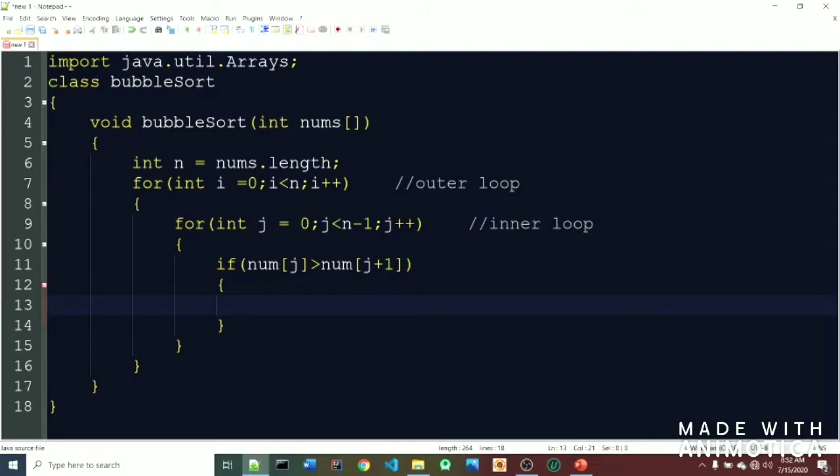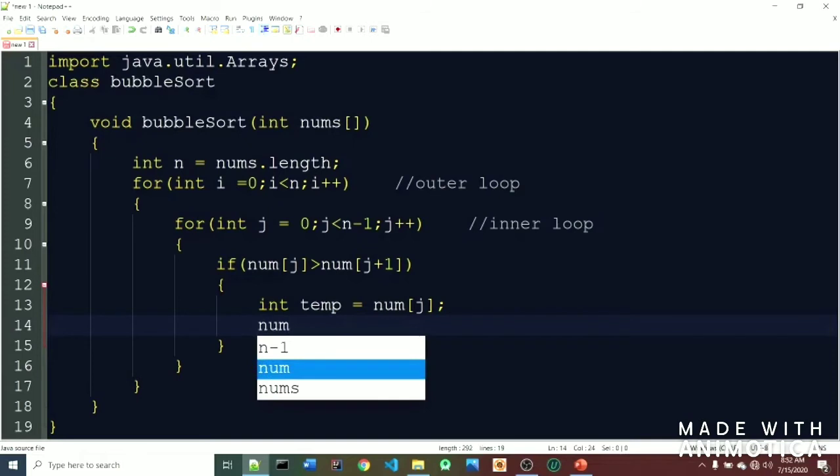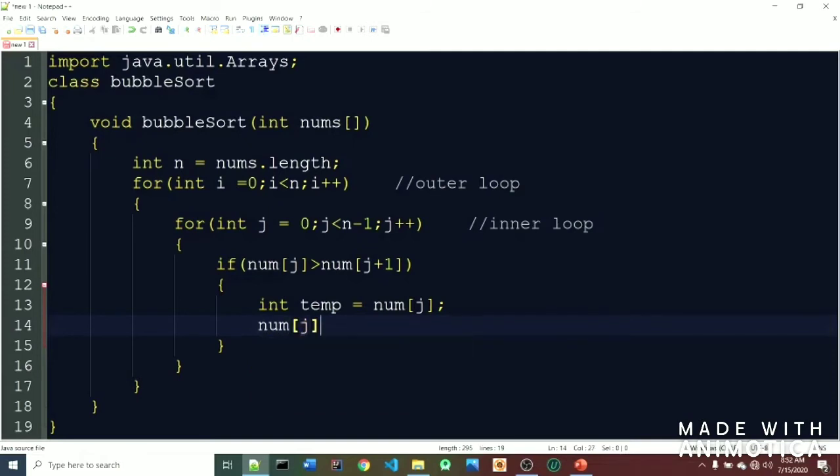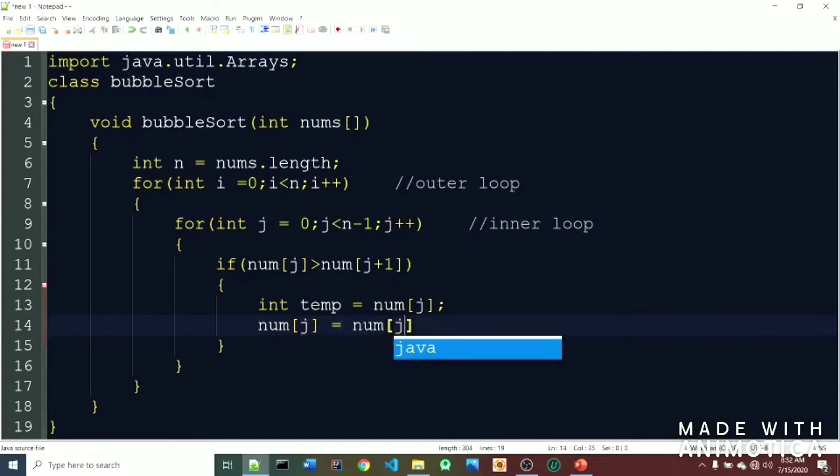the value of num j, we are going to store in one temporary variable, and the value of num j plus 1 will be stored at j.